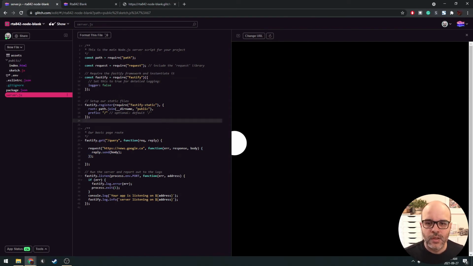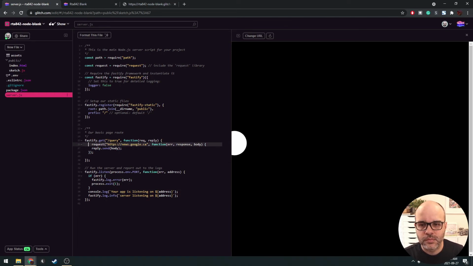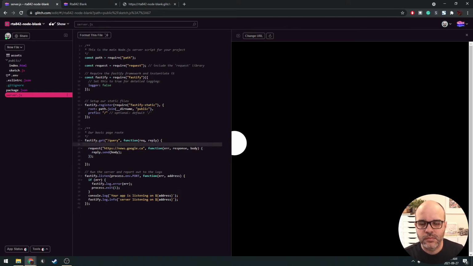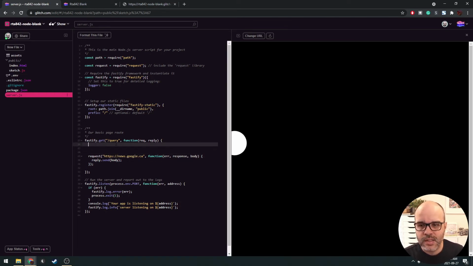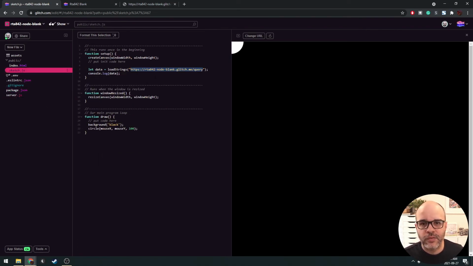Okay, so let's generalize this a little bit because we're creating a template here and we want this to be able to open more URLs than just news.google.ca. It would be nice if on this end over here we could specify which URL we want to open. So the way that we can do this is by adding a parameter to this URL